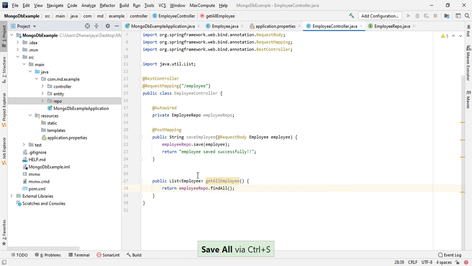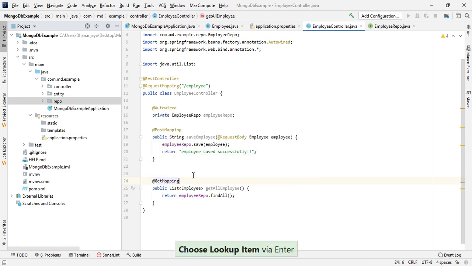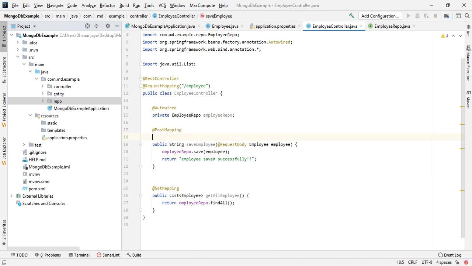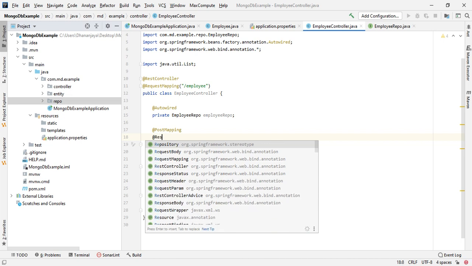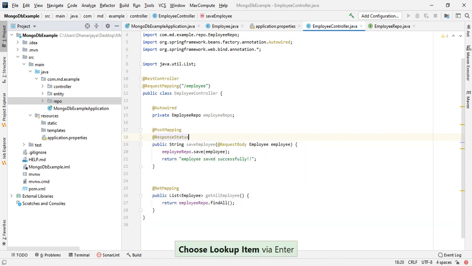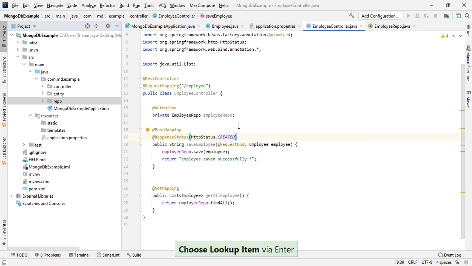Let's annotate this with @GetMapping. If you want to specify any HTTP status as the return type, by default it is 200. If you want to specify a specific status, then we can annotate this with @ResponseStatus as HttpStatus.CREATED.